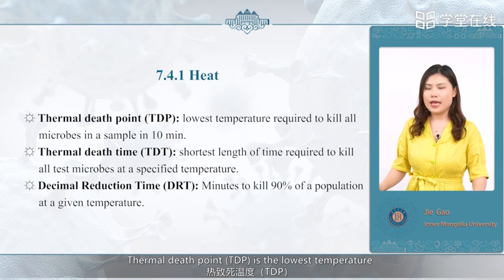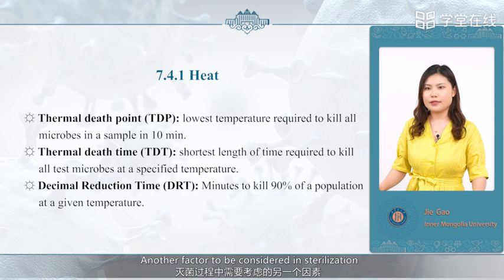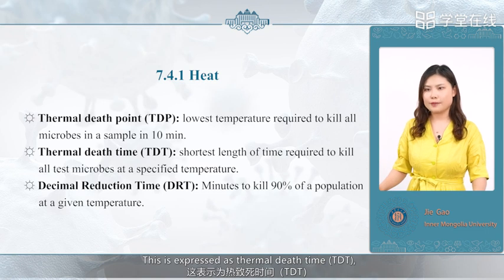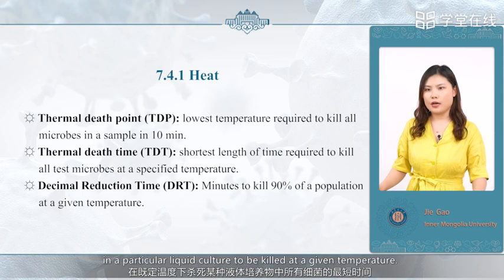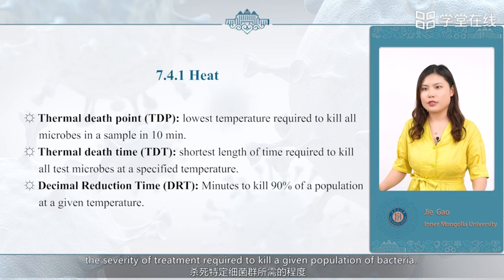Thermal death point is the lowest temperature at which all the microorganisms in a particular liquid suspension will be killed in 10 minutes. Another factor to be considered in sterilization is the length of time required. This is expressed as thermal death time, TDT, the minimum length of time for all bacteria in a particular liquid culture to be killed at a given temperature. Both TDP and TDT are used for guidelines that indicate the severity of treatment required to kill a given population